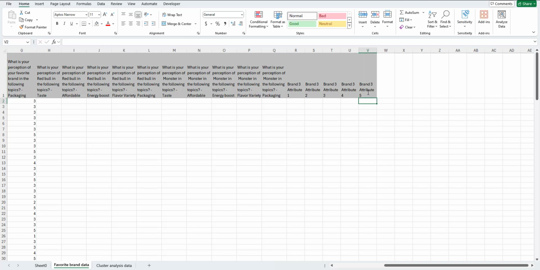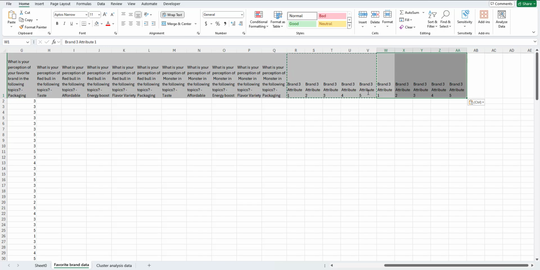All right. So now I'll do the same thing and create a set of columns for brand 4 and 5. So I'll just copy this whole thing, and then I'm going to copy it again so that I now have brands 3, 4, and 5 set up, but I just have to change the headings. So I can go in and type these changes one at a time, or I can just use